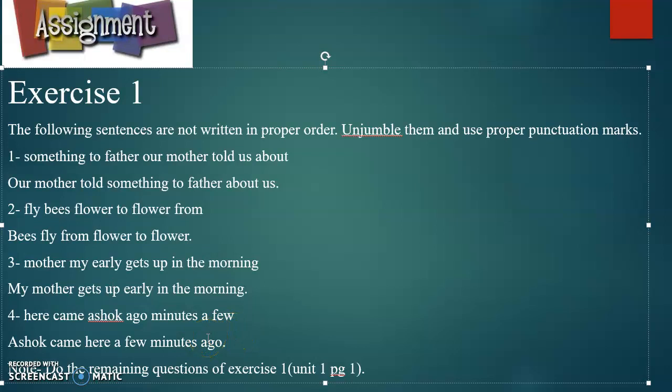Understood, students? For getting a good sense, or making a proper sentence, two or three things we have to keep in our mind. First, every sentence should start with a capital letter and should end with a full stop. And it should be in proper order so that we can make a complete sentence.